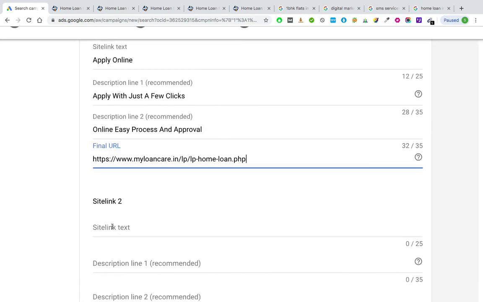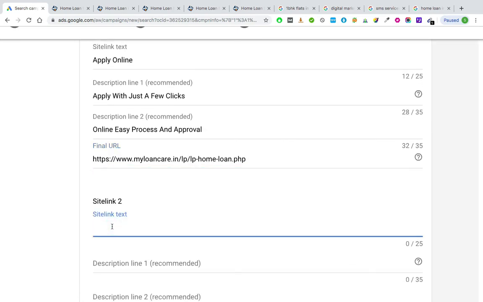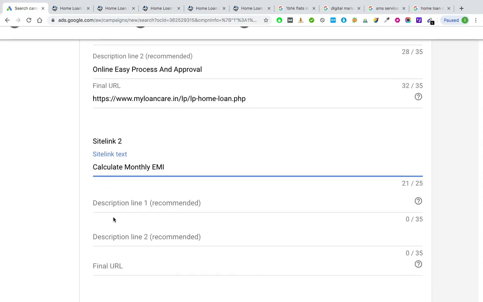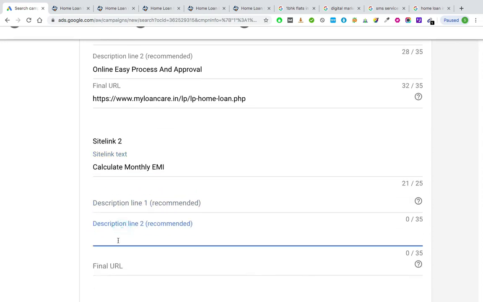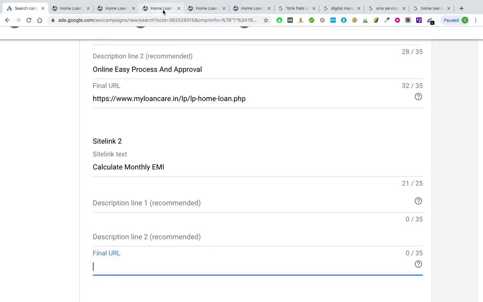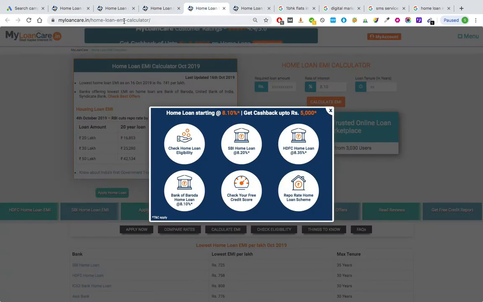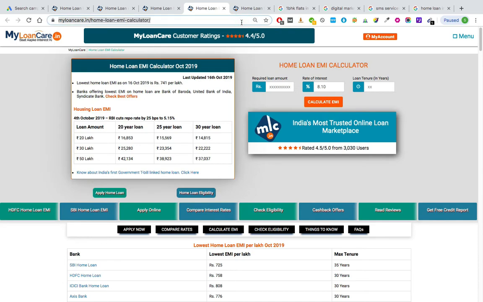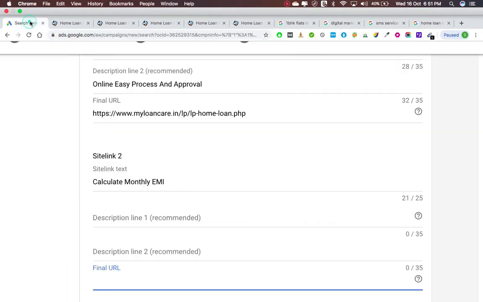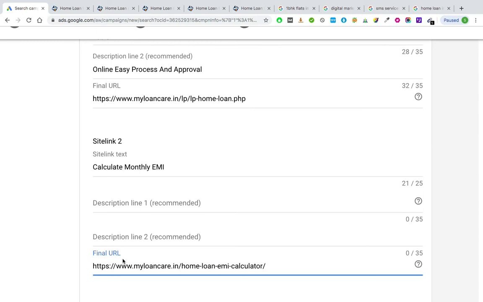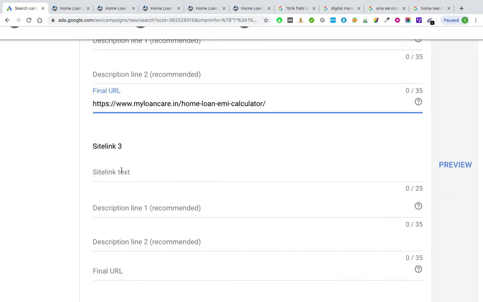Second site link can be calculate monthly EMI. Okay, and then you can write a few lines of description, and for EMI we can use the home loan EMI calculator, copy the link, put it in the EMI section. Similarly, I can add more site links.